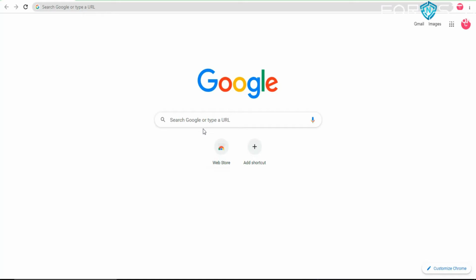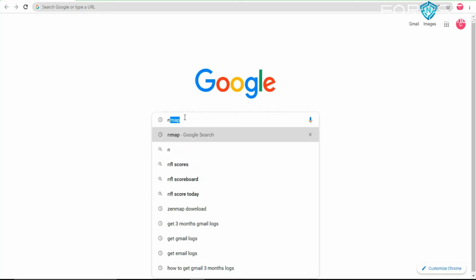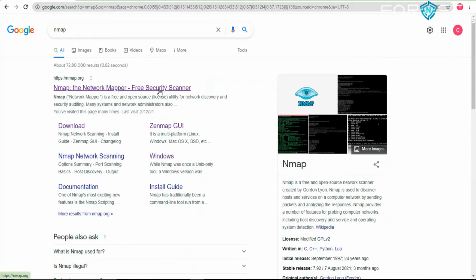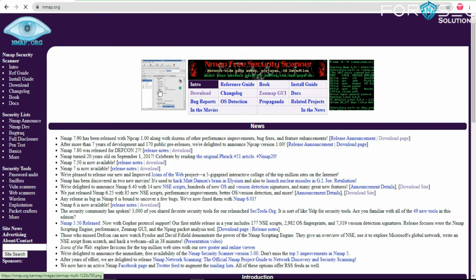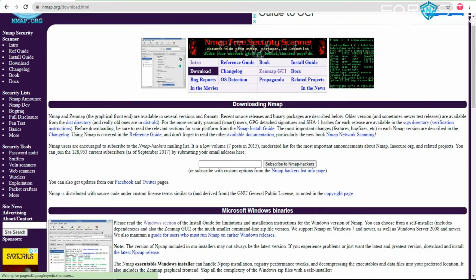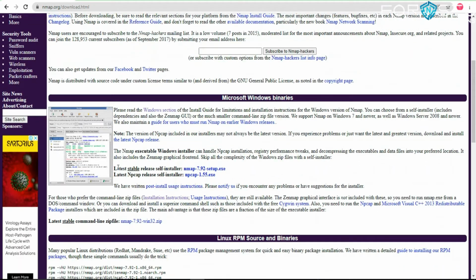So now we will open our browser and here we will type Nmap. On searching Nmap, the very first link will be the Nmap link. On opening that link, we will see the various information about the Nmap tool. Further, we will see in the left column the download option is there. On clicking the download option and scrolling down, you will see the latest stable version of Nmap is available. That is, the Nmap setup is available.